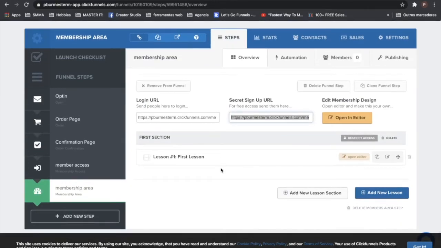Now, to understand this, you just need to follow this structure. These ones here are lessons. Everything in gray here is a lesson section. Everything inside the section is going to be a new lesson. So for example, we have the first lesson, and then if you want to add a new lesson,